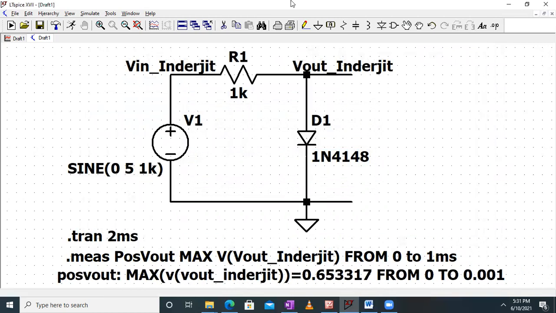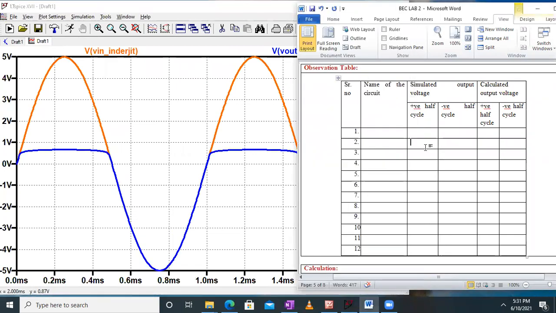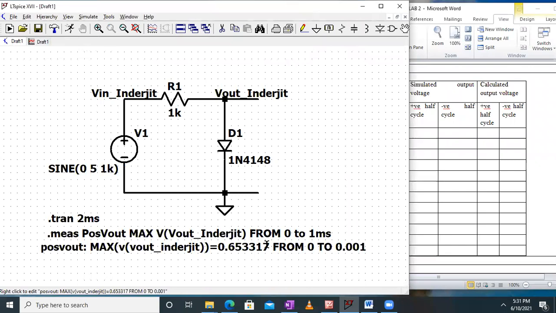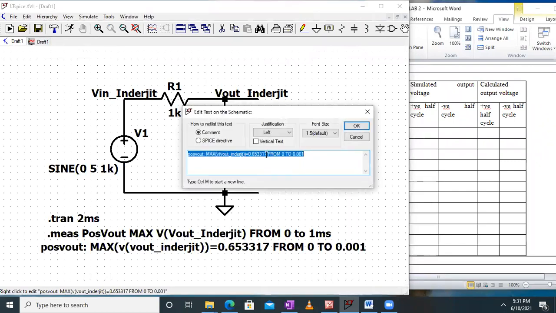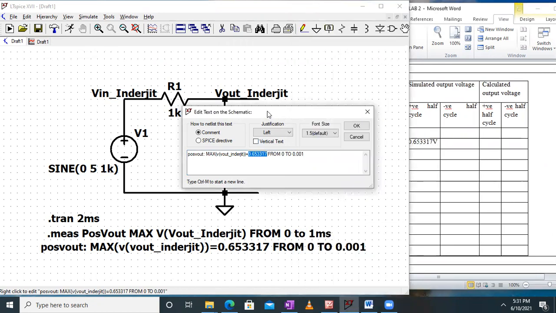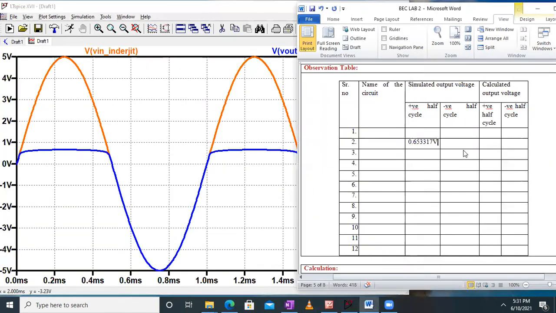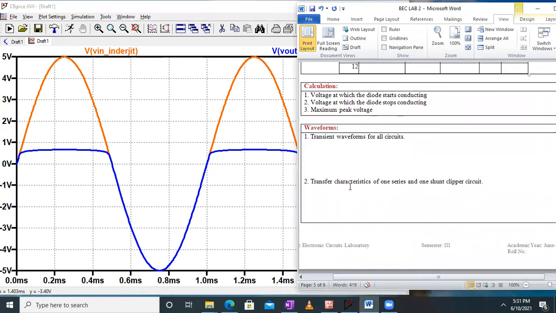Here it is. And then how will I fill the table? Let's say you're filling the table for this. For the positive half cycle, what's the value I've written? This number. So this number, directly as it is, you can copy it and add it over here like this. This is in volts. Okay. And in the negative direction, when V out is in the negative half cycle, what's the peak value? -5, as you can see. So this is the way you have to write. And later on, you have to do the calculations. Fine. And you also have to plot the transfer curve.